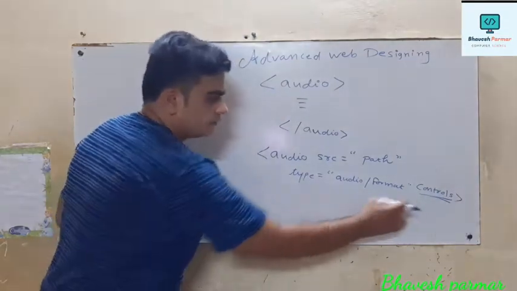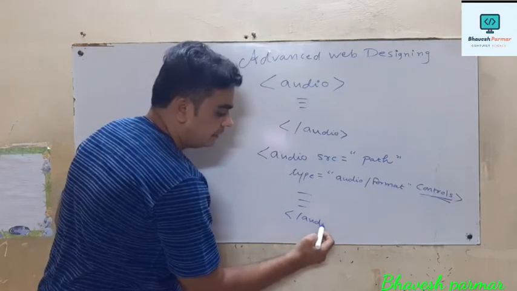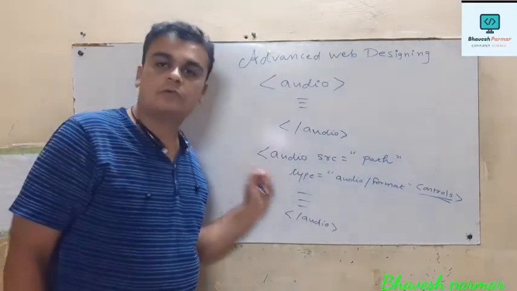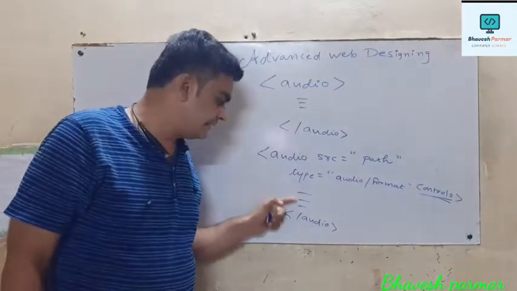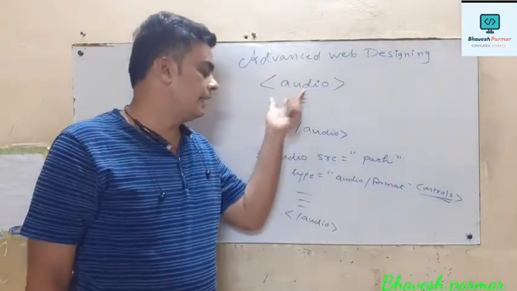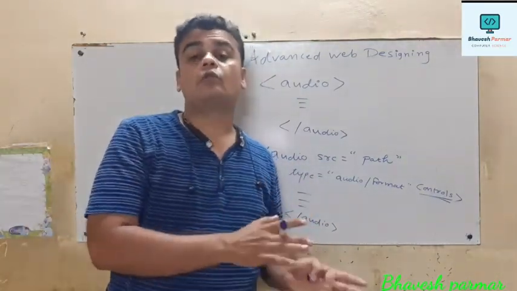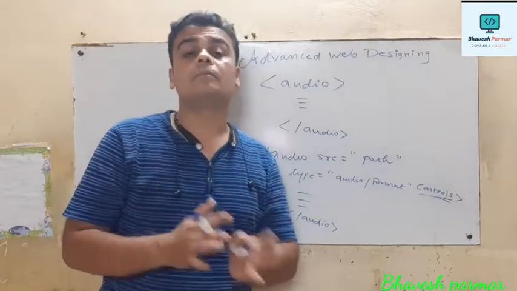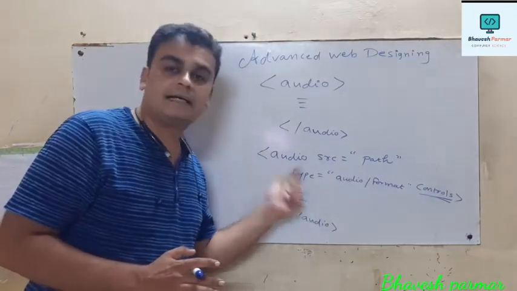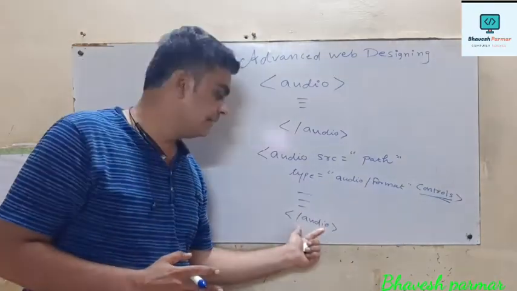And thereafter, after closing this tag, you have to display a message, and then you have to close, meaning terminate, the slash audio tag. So guys, there is one question that may arise in your mind. What does this dash dash indicate? Actually, it is a message. So what happens is this audio tag may be supported by some browsers, and it may not work properly in some browsers. So in that case, we are going to mention here a message, meaning this tag does not work, or this tag is not supported by the browser, and terminated by slash audio.